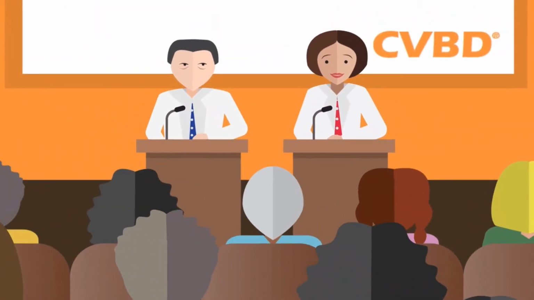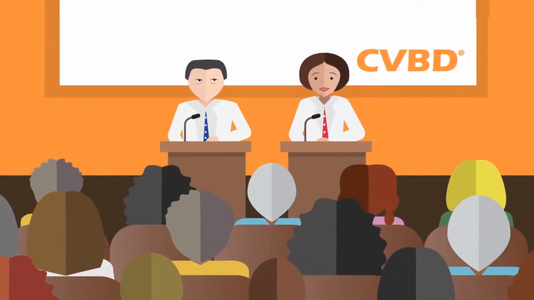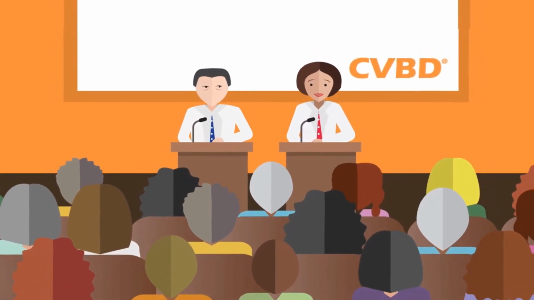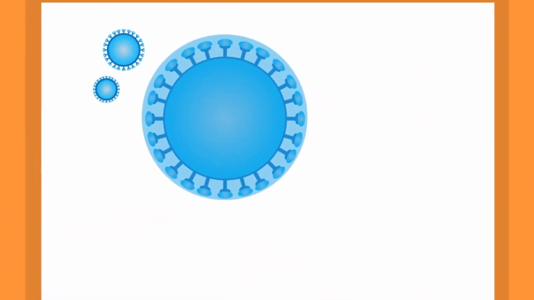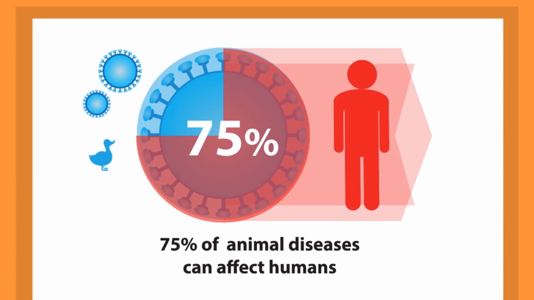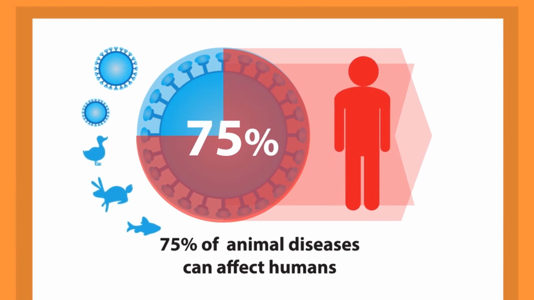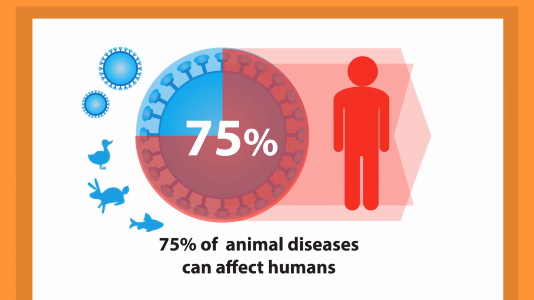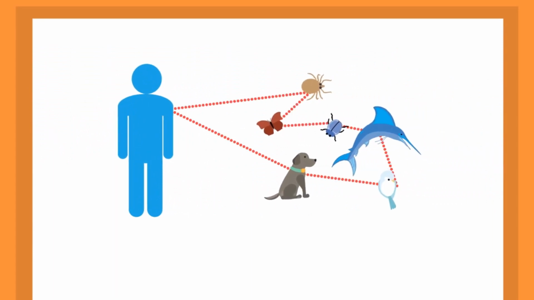When an infectious disease is shared between different species, like humans and animals, science calls this zoonosis. Scientists around the world recognize the importance of companion vector-borne diseases and the role animals have in the spread of these diseases. Science even says that 75% of emerging or re-emerging animal diseases can also affect us. And because the health of humans and animals is closely linked,